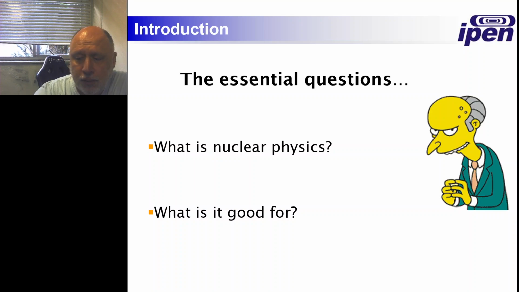Essentially, nuclear physics is the physics applied to the atomic nucleus. So it has to do with anything about the nucleus, meaning it's the physics of things that keep the nucleus together. It's the physics of things that make the nucleus change in time, so essentially decay. And it's the physics of things that interact with the nucleus, right?